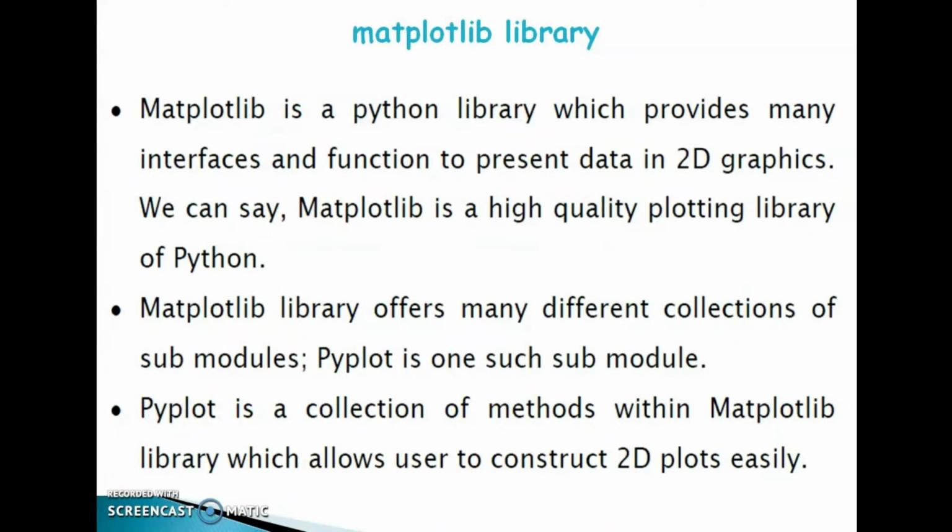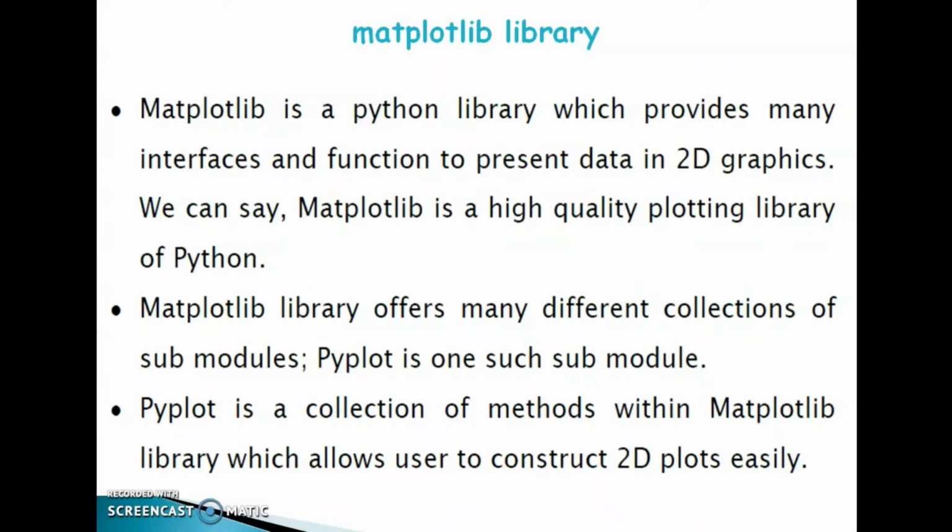We can say Matplotlib is a high quality plotting library of Python.